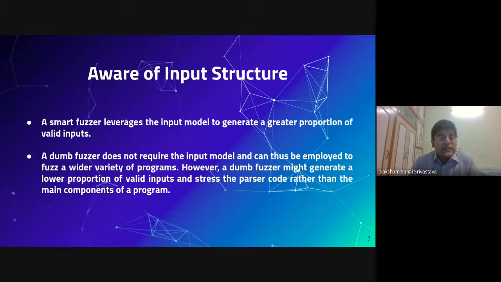And a dumb fuzzer does not require the input model and can thus be employed to fuzz a wide variety of programs. However, a dumb fuzzer might generate a low proportion of valid inputs. If it does not know what the input structure looks like, there is a high possibility that it will create a very low proportion of valid inputs and stress the parser code rather than the main components of the program.